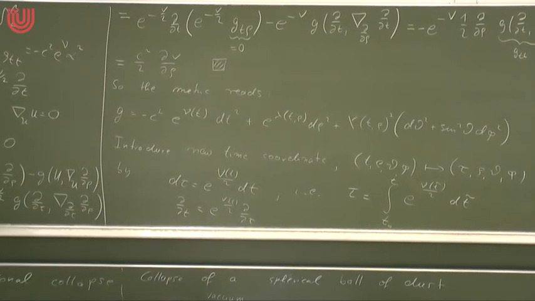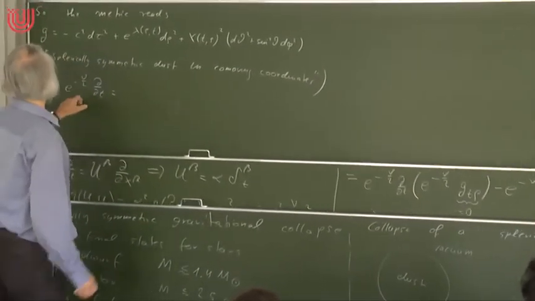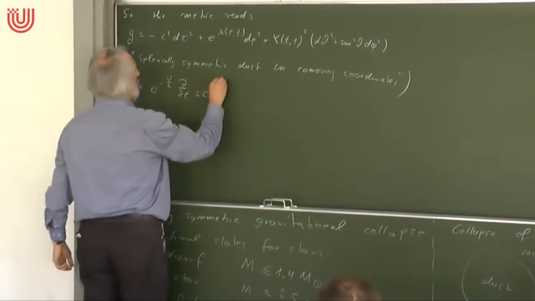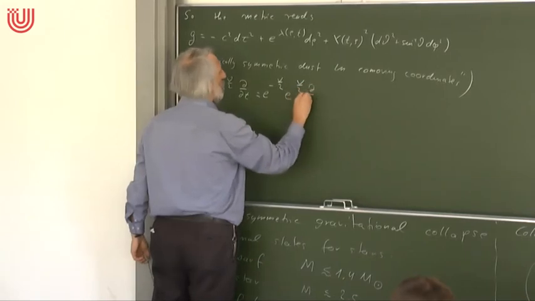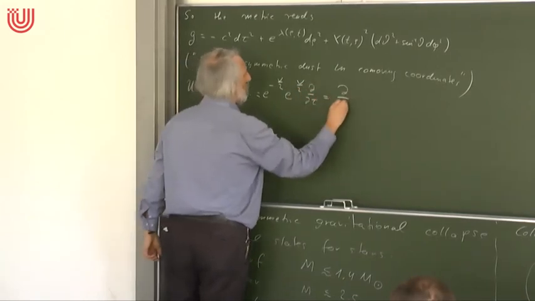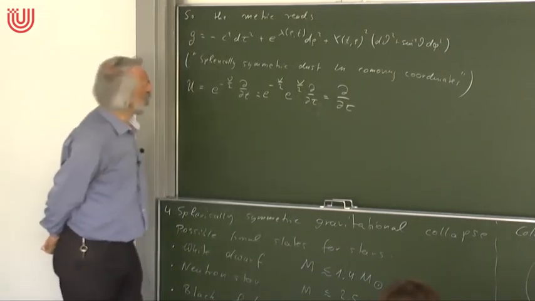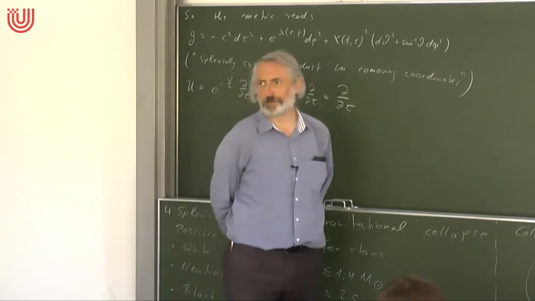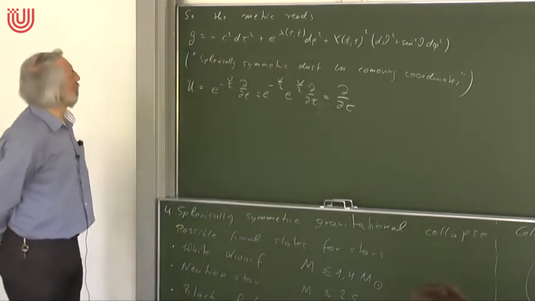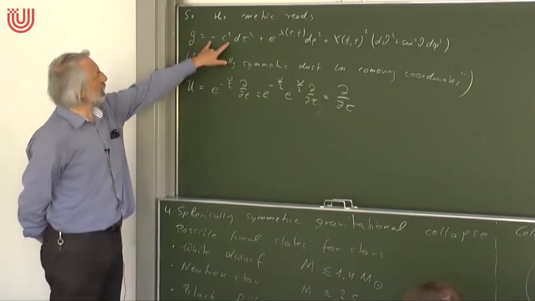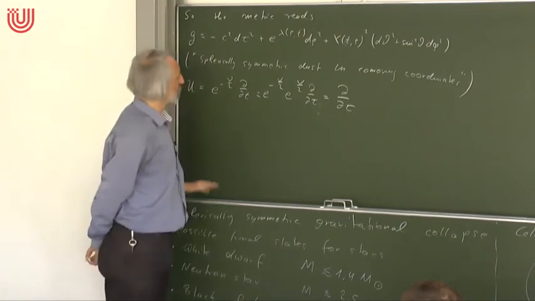Wait a minute, is it? Yeah, it's plus, right? It's plus d by dt. And here I have a minus. Very good. So this was e to the plus nu half d by d tau. So it's just d by d tau. Yeah? So why do I denote this coordinate tau? Well, because it's proper time along the flow lines of the particles. Yeah? That's what this equation says. Because here the factor is just minus c squared. This means tau is proper time along the tau lines.